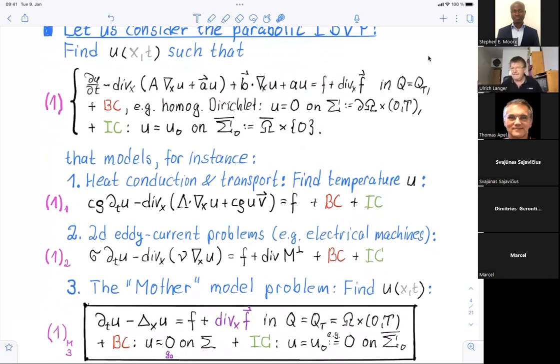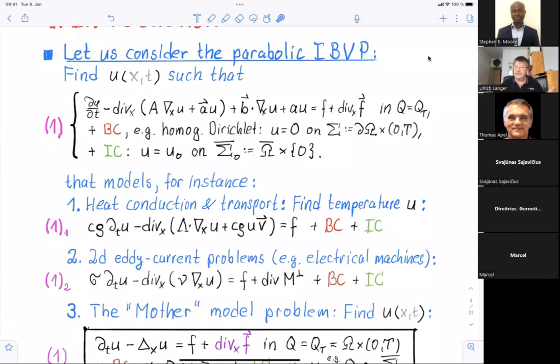Sometimes this equation is called the heat equation. So heat conduction and heat transport can be described by this parabolic initial boundary value problem, with the usual heat capacity, density, and this can even be a matrix, the heat conduction matrix. And the right-hand side is usually here L2,